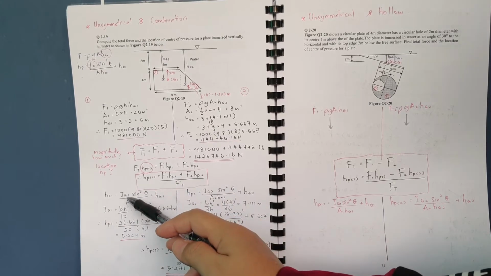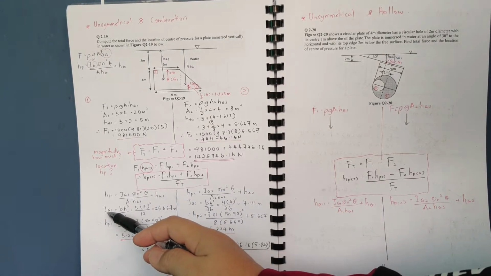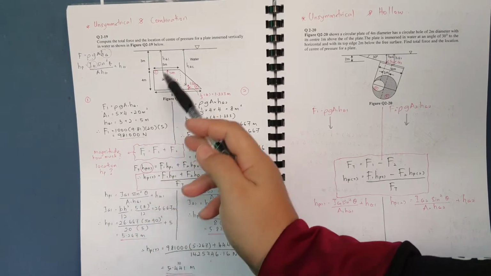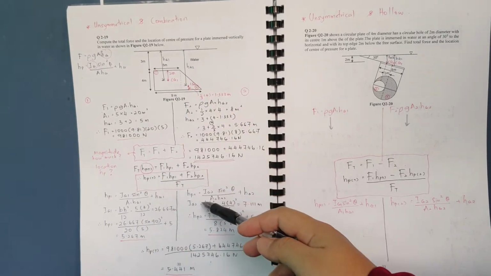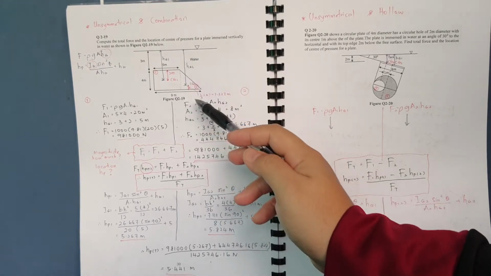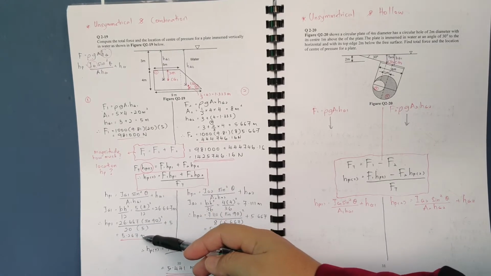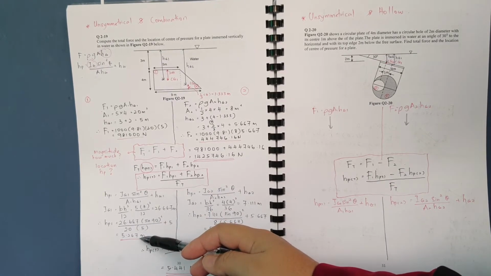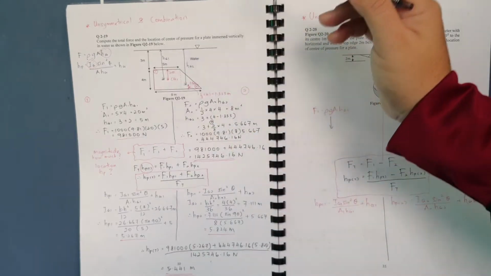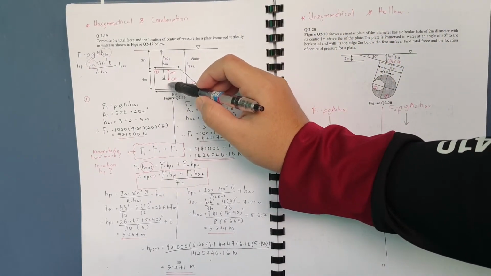Okay, now calculate Hp1, calculate Hp2. Calculate Ig1: Ig1 is b h cubed over 12 because it's a rectangle. Ig2 is b h cubed over 36 because it's a triangle. Okay, so plugging into the equation, we got Hp1 as 5.267. So that means F1 acts at 5 point